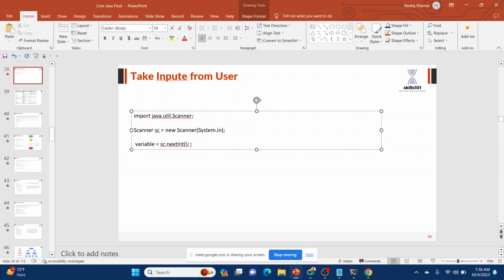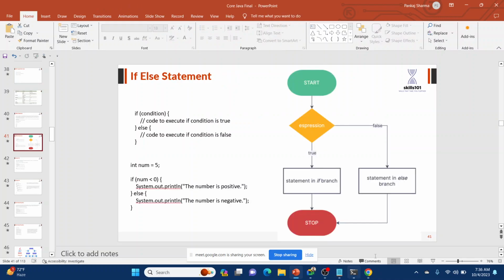Whatever we type, it will scan that, and the equals sign will help us put that into a variable, because whatever constant we are reading from the user side, we need to store into a variable. That's why we use variables, right? We will understand it also. Now, again the same example, how to do it.